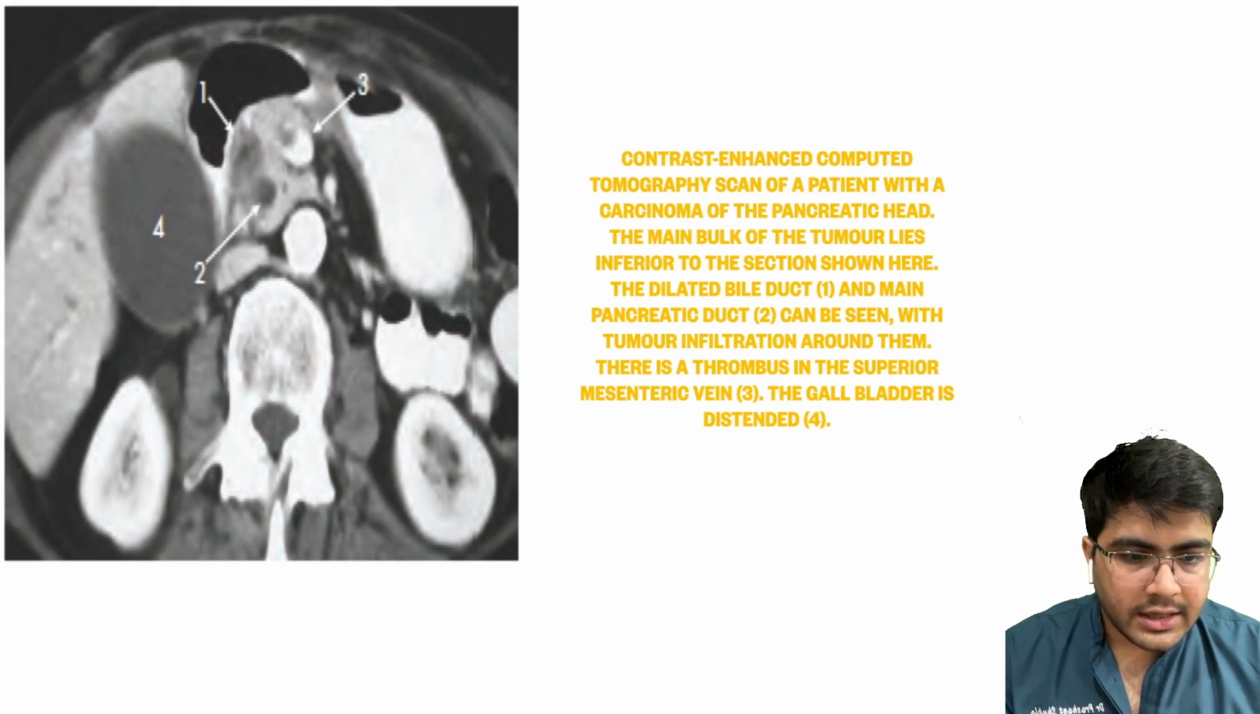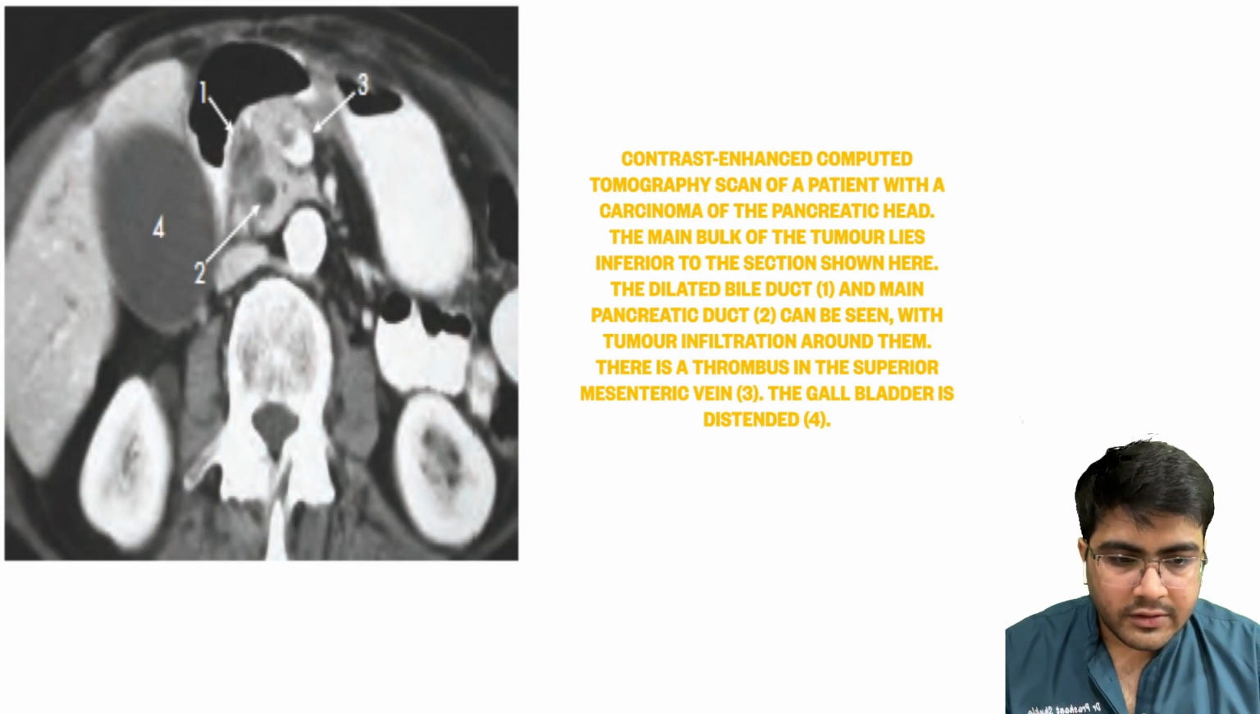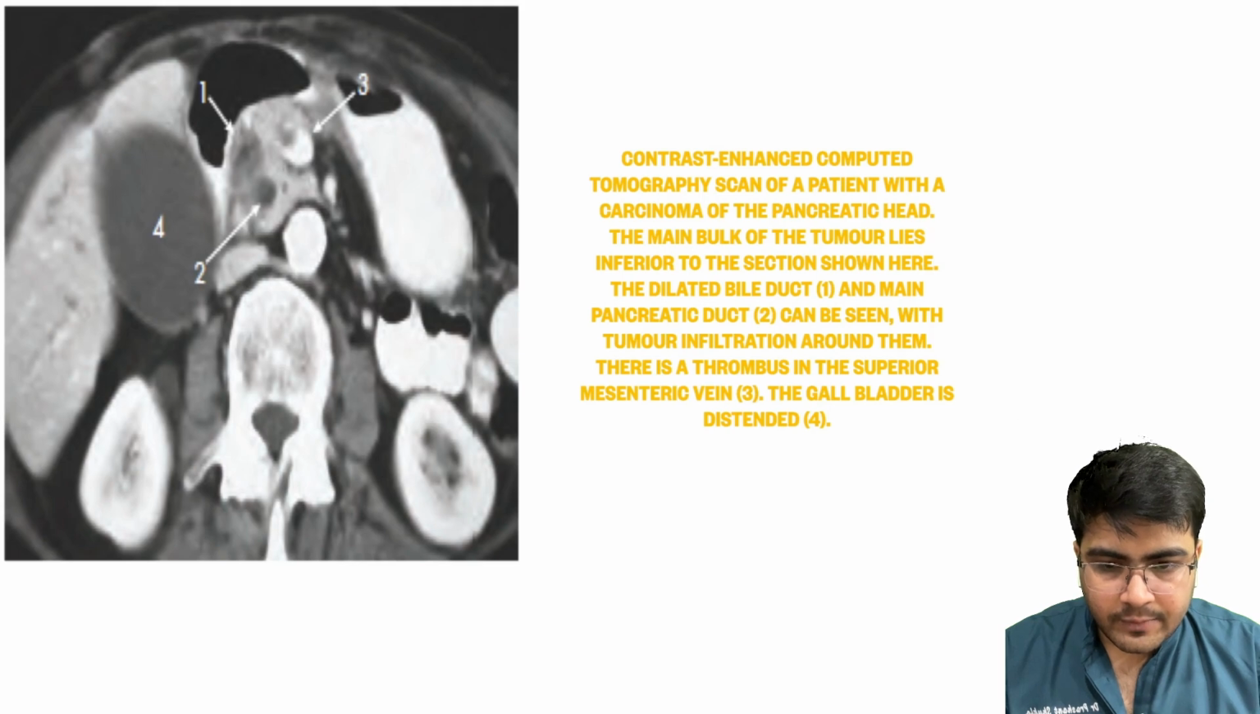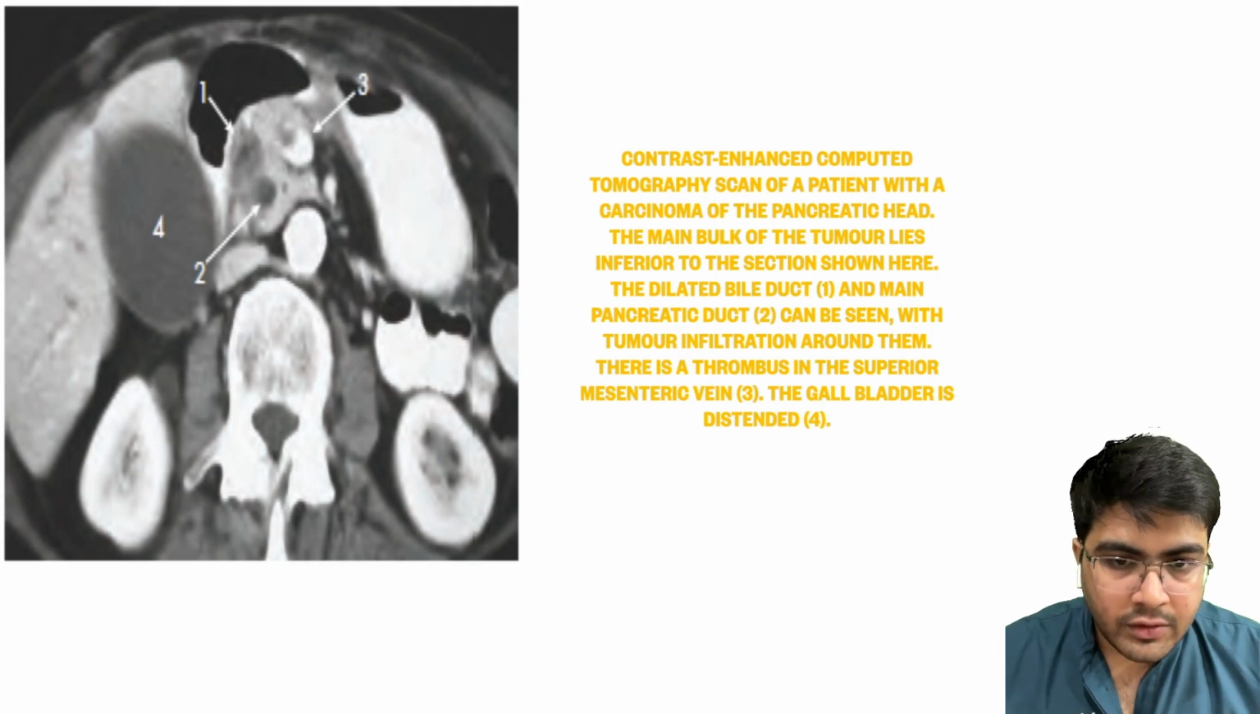So it is a contrast enhanced CT scan of a patient with carcinoma of the pancreatic head. So the first thing you need to notice is the dilated bile duct. Okay, it is marked as 1. The next thing is the main pancreatic duct is also dilated, and the 3 is the superior mesenteric vein, which has a thrombus in it. Okay, so all 3 structures are very important, which define whether you will be able to do proper